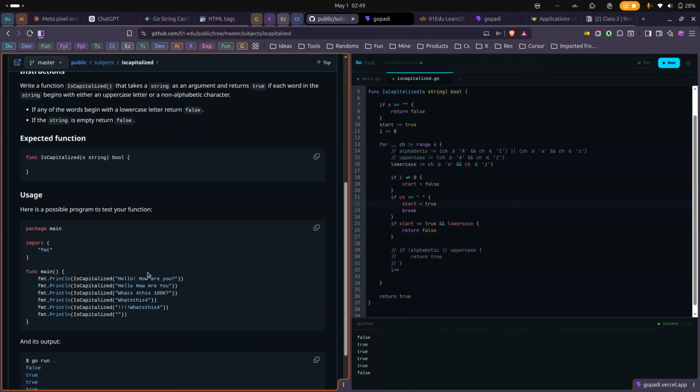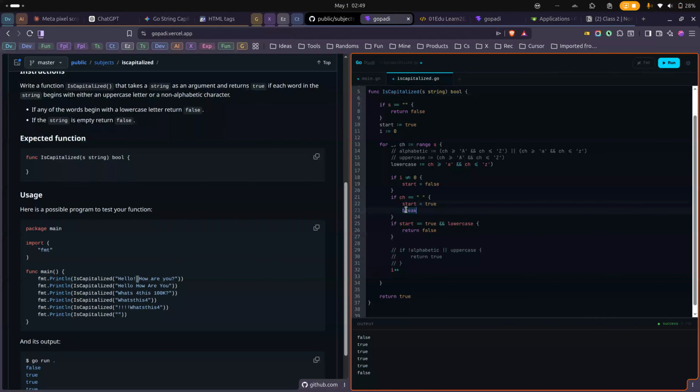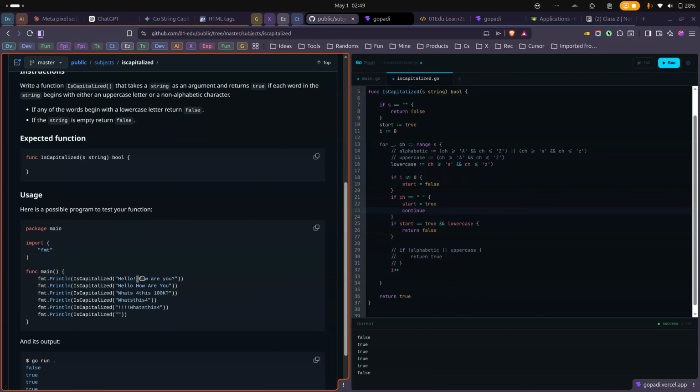So once we check that, we encounter the space, now we're going to make it go. I'm going to break. Let's continue. Skip to the next one. I'm going to make it continue the loop to the next character. So when it comes here to capital letter H,